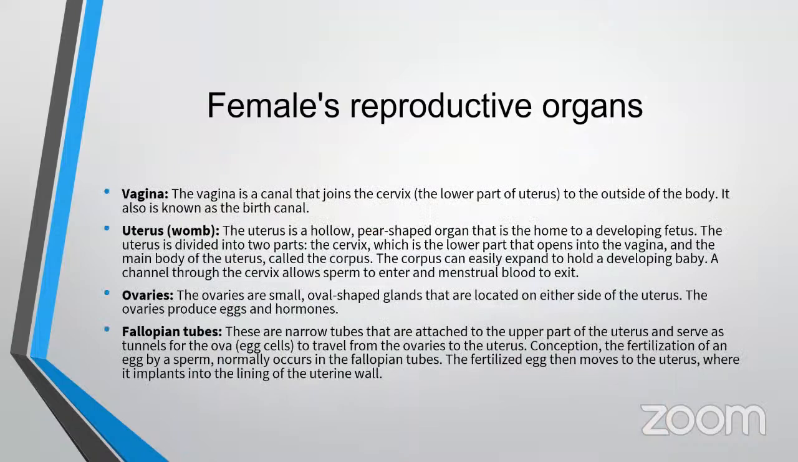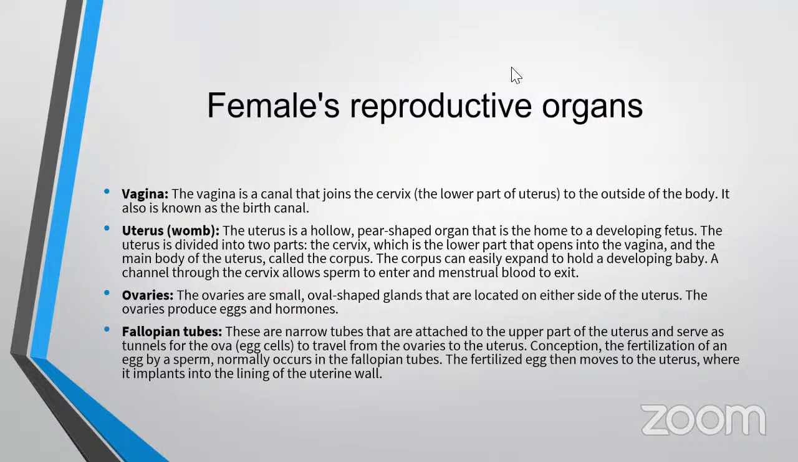So the vagina is a canal that joins the cervix to the outside of the body. We all know that it is the birth canal. And uterus or womb. The uterus is a hollow pear-shaped organ that is the home to a developing fetus. The uterus is divided into 2 parts, the cervix, lower part, and the main body of the uterus. It is called corpus. So the corpus can easily expand to hold a developing baby. A canal through the cervix allows the sperm to enter during the